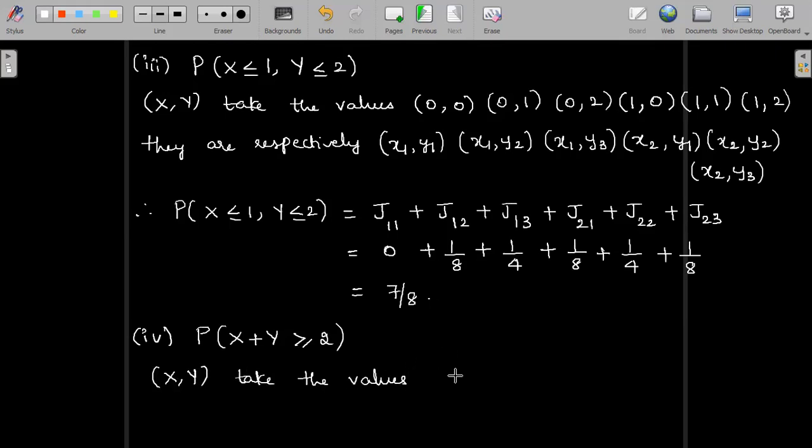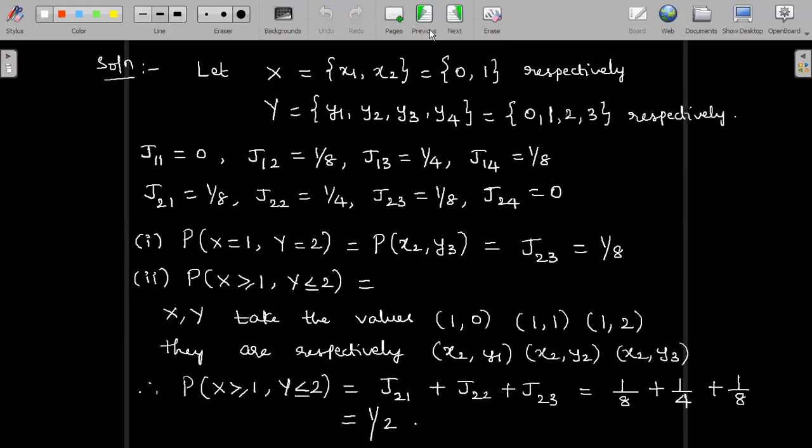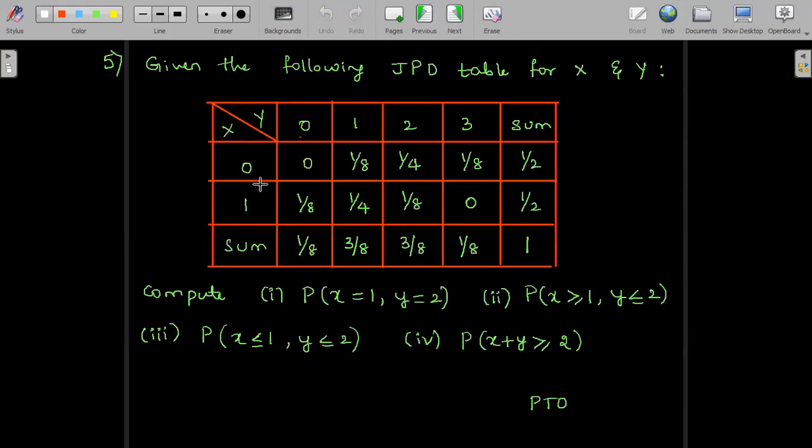They can take the values 0 comma 2. Let me show it from the table once to you. X plus y should be greater than or equal to 2. So 0 plus 0 will give us 0. So this case we are not considering. 0 plus 1 gives us 1. So again it is not considered because x plus y should be greater than or equal to 2. 0 plus 2. Yes, we are considering this case. So 0 comma 2 is one of the coordinates. 0 comma 3 is also considerable.